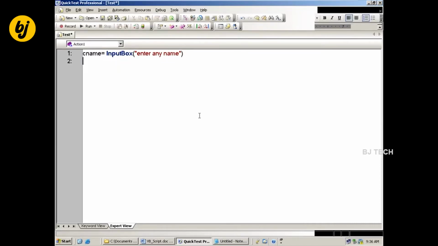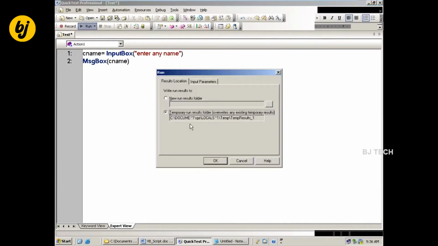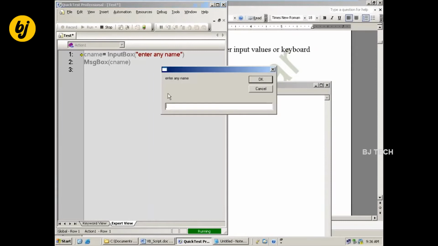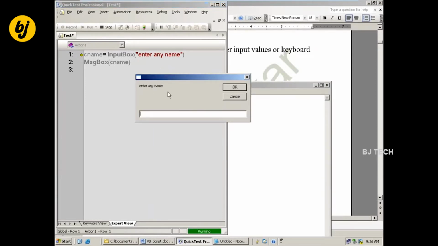The value I store into the variable, I won't display that. I can go for the CNAME. If I run it, you observe that when the first line executes, you get a dialog box: enter any name, OK, cancel, edit box. Now we have to enter the keyboard inputs.